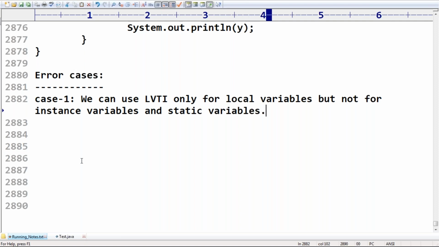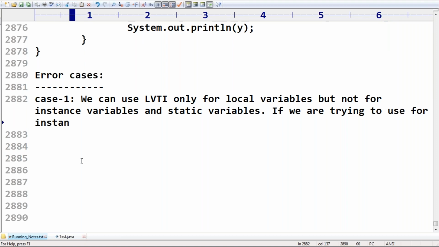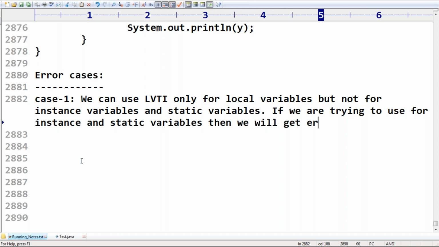If we are trying to use it for instance and static variables, then we will get an error. Remember this one. Compile time, syntactical mistakes. Very important point.